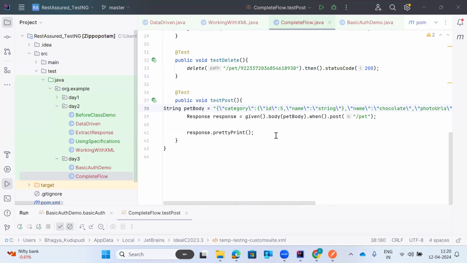So here we have seen two types of how we can send the pet body: sending it as a string directly, or through a variable by saving it into a string variable. Okay, so let's see the concept of serialization and deserialization, where we can send the body of the pet for